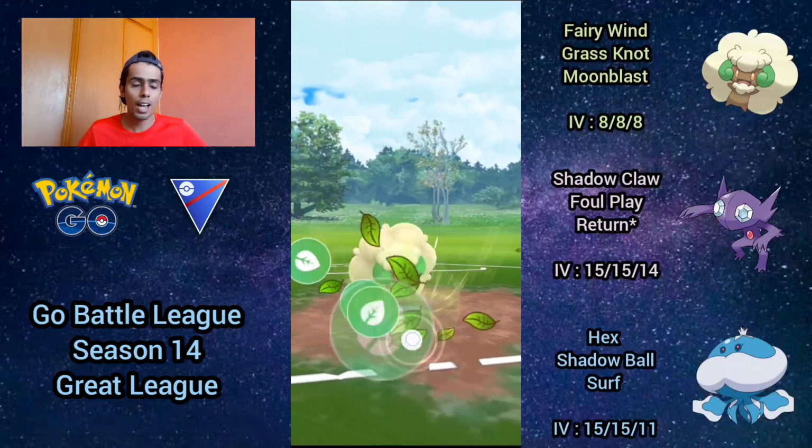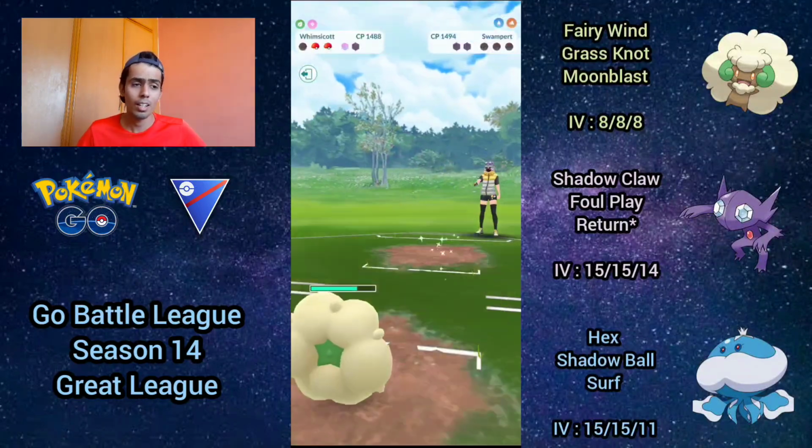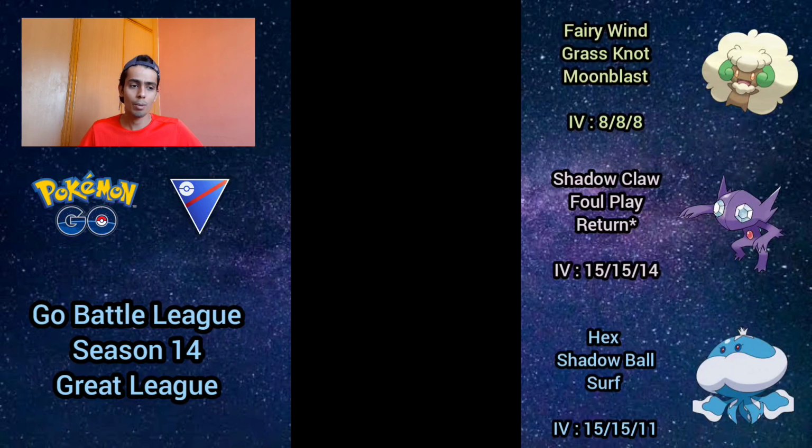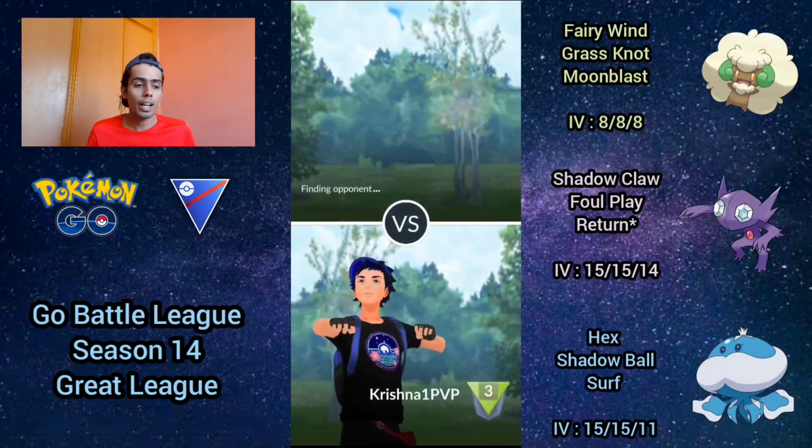Just go straight for the Grass Knot. This is absolutely going to one-shot the Swampert there, especially a Shadow Swampert. That probably takes out like 3 Swamperts in the Great League there. Anyways, moving on to the next battle here, we have